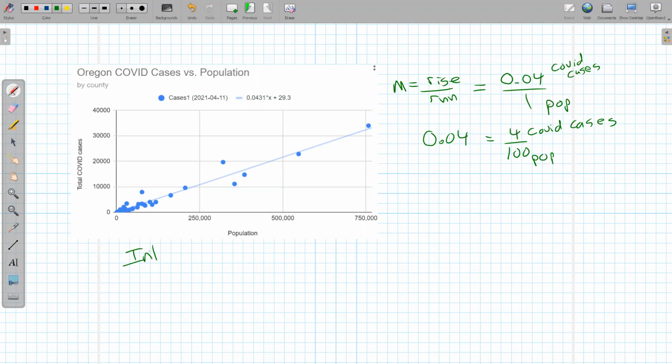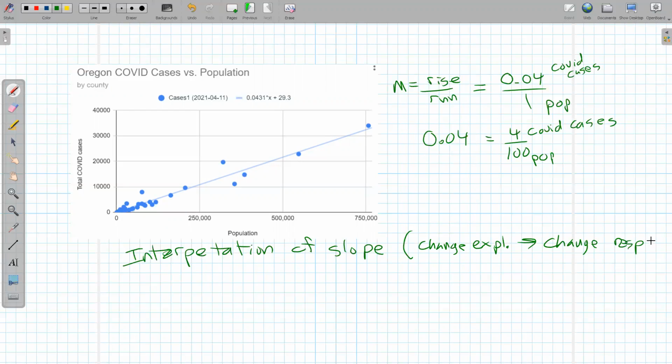So, interpretation of slope is always you describe the change in the explanatory variable, how that relates to the change in the response variable. Okay, so explanatory is population, my x value, and that's a positive number. So for each additional 100 people in Oregon County,